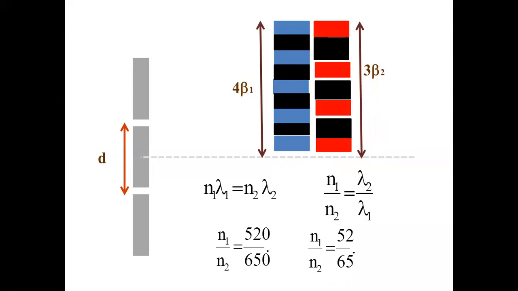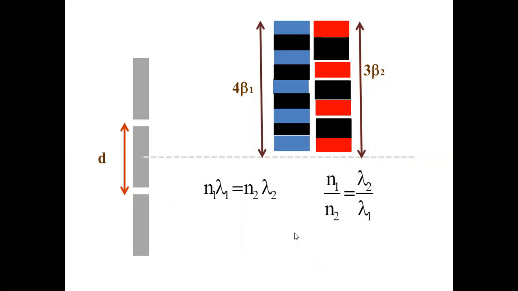Doesn't it get divided? You get a fraction. See what conclusion you are going to get. Last time we got 5 by 4, right? 4 by 5. I was saying that you could have written it as 0.8. If you write it as 0.8, what will you say finally? It is the 0.8th fringe of both that coincide? No. It should be an integer, right? It is the 5th fringe of one wavelength and the 4th fringe of another wavelength that coincide at the same place. Understood? Similarly, the 52nd fringe of N1.